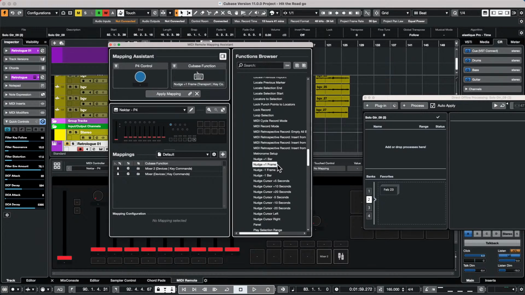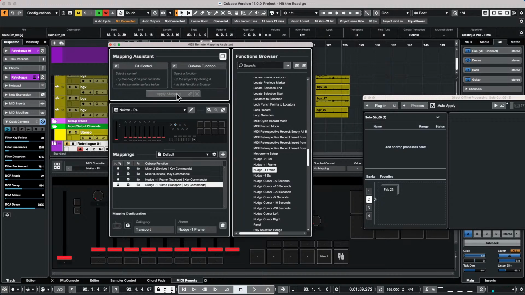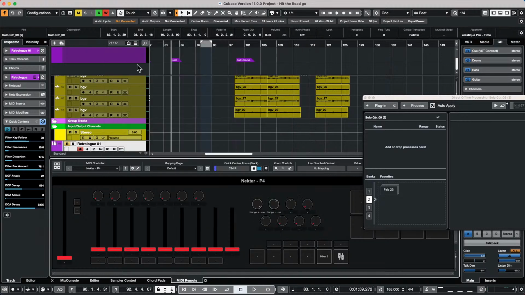Okay, so let's say I just want this to nudge by 1 frame. And I'll set the next one to nudge minus 1 frame. All right, so now as I am in my project window here, I can nudge by 1 frame. Now, probably what's going on, you notice that I set up 2 different